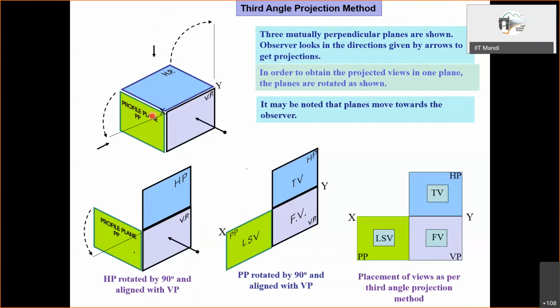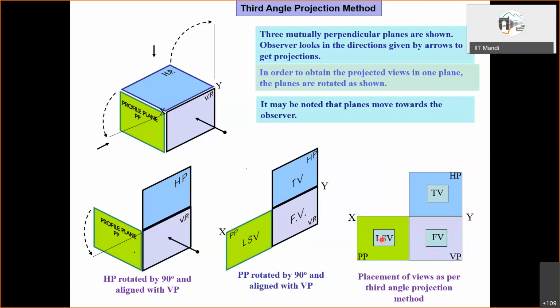So the plane of projection is in between the observer and the object. In the previous one, what was there? Between the plane of projection and the observer, the object was placed. So that is the one difference. Also, see this motion of the horizontal plane: if you consider the observer is this side, the rotation begins in such a fashion that it starts to move towards the observer, like that you can keep in mind. And of course, for the purpose of drawing, all you need to remember is this configuration.